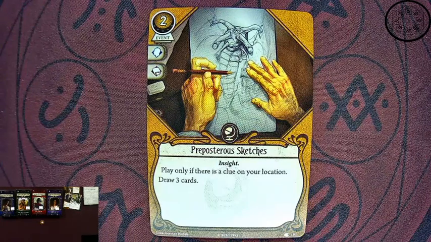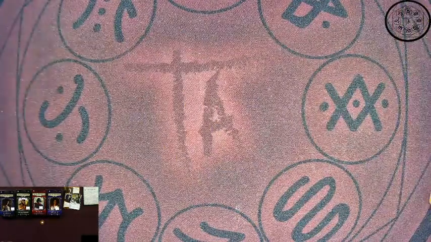Preposterous Sketches. We've seen this one too. This is a 2 cost event. This is a will and lore insight card, and play only when there's a clue at your location. Draw 3 cards. Simple, clean, direct,